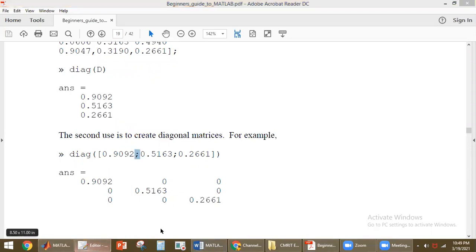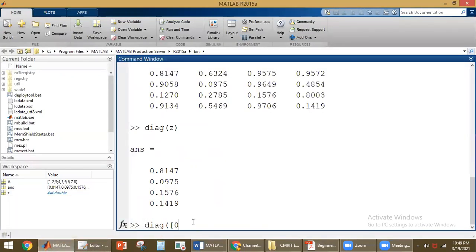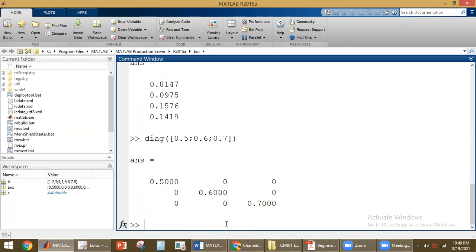For example, we want to give the diagonal elements as 0.5 semicolon, 0.6 semicolon. So I have to use semicolon, not colon here. Then 0.7. Now we are getting a matrix with these diagonal elements. Just click on enter so that you check we'll be getting a matrix with these diagonal elements.